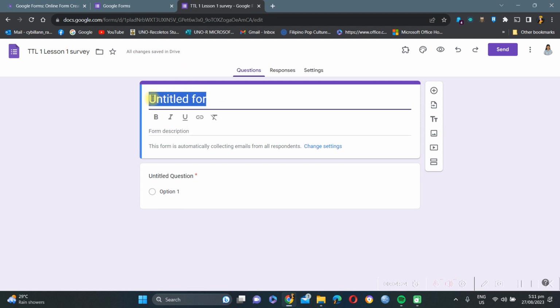Then we put it here. So we're just going to do the editing of the title here, and then for the form description, you can add any instruction that you would like to add here.